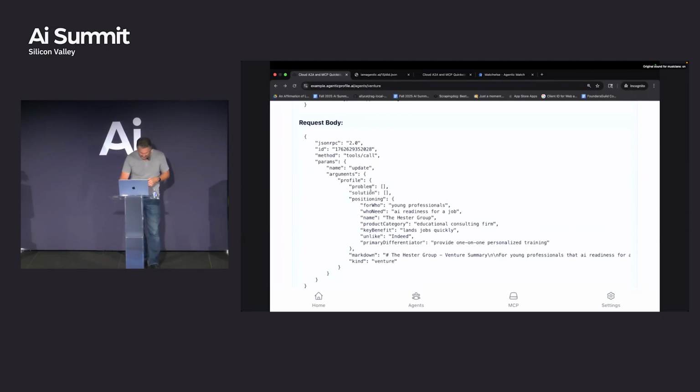For those of you who don't know MCP, it's JSON RPC, the 2.0 spec. It has a pretty simple layout. JSON RPC is used for both A2A and MCP. On the MCP side, you provide a method. This is just the JSON RPC side, and there's a bunch of things you can do, but one of them is a tools call.